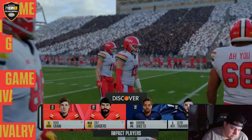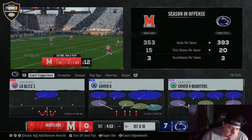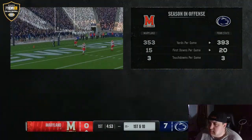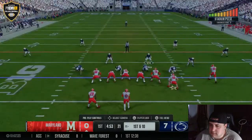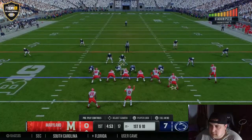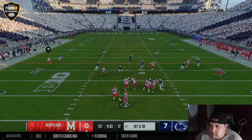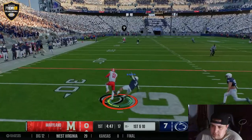Here are our impact players for this game, and it goes beyond executing an assignment to make an impact in the game. Yeah, obviously we were talking to both coaching staffs this week, and we asked them who needs to step up and play well. They immediately pointed to these guys right here. They are the key for their respective teams. Yeah, and they don't always show up in the box score, but these are the guys that are the leaders. These are the guys giving everybody